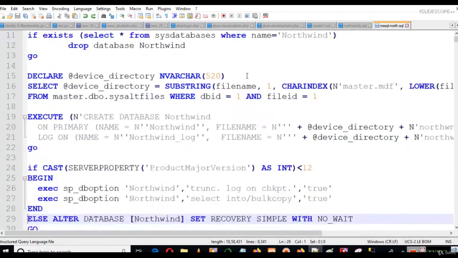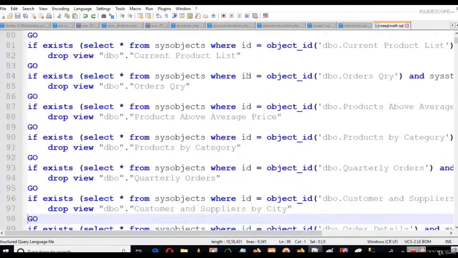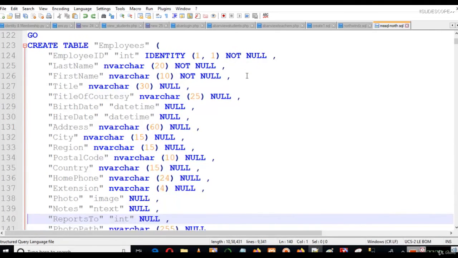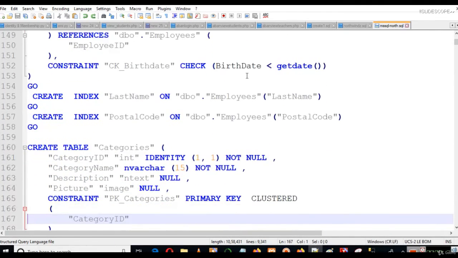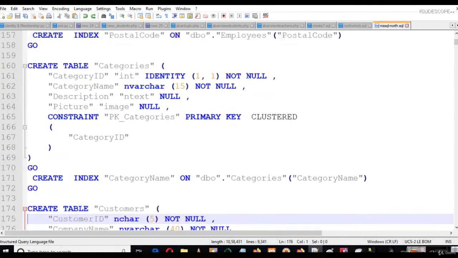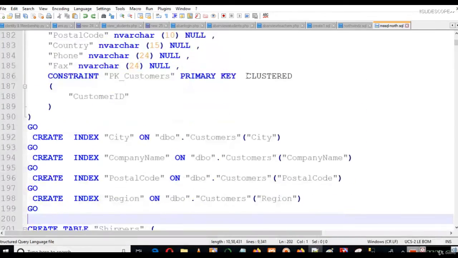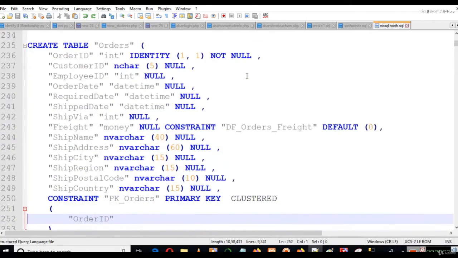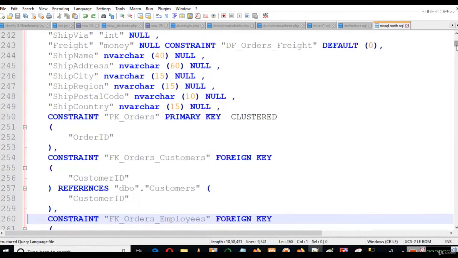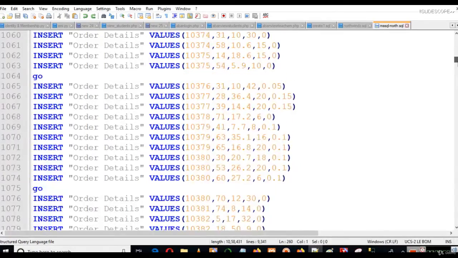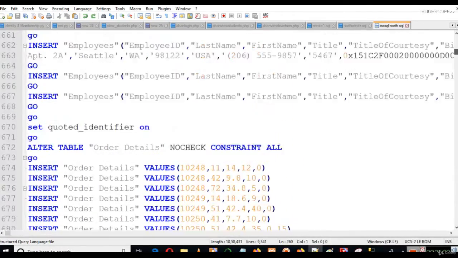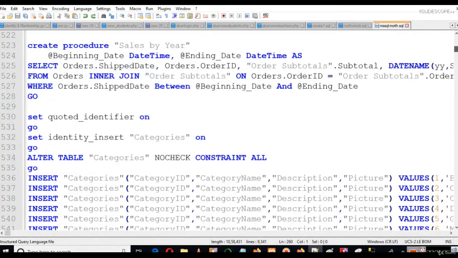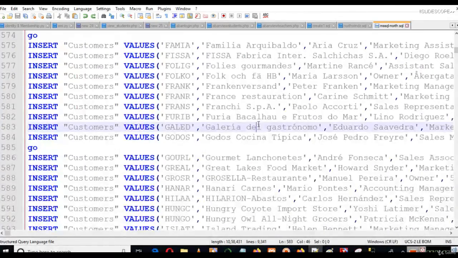In this SQL file you will see all the commands written to create tables. Once the table employees is created, create table categories, create table customers, create table shippers, suppliers, and so on. This is actually a dump. Here we have insert values also, so insert into customers, insert into categories, so everything is written here.